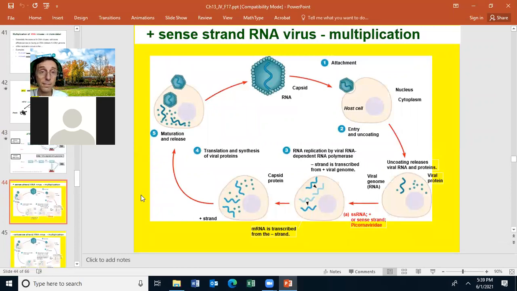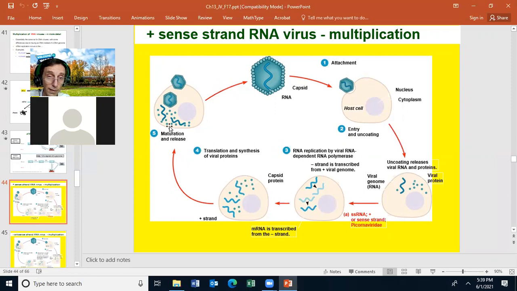And we're going to look at viral multiplication in a little more detail. We're going to look at viral multiplication of a virus that is positive sense single-stranded RNA. So the virus will bind to the cell membrane of an animal cell and be brought into the cell. The virus will uncoat, and the genome is positive single-stranded RNA, and it can be read directly, making the protein coat